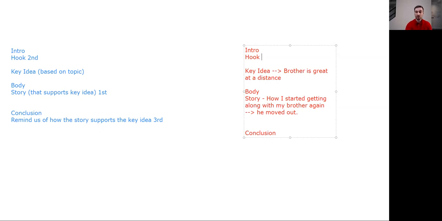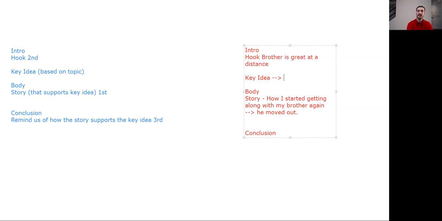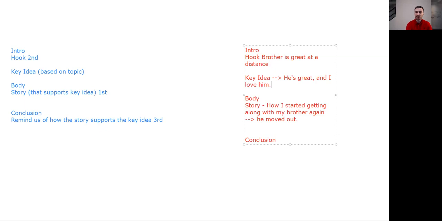And I could just use what we said right here, my brother is great at a distance. So in fact, I'm going to steal that and use it as the hook. And the key idea is that he's great and I love him. Oh, that's so cute. So then the conclusion is just going to be a restatement of these ideas where I say something like, once my brother left home, I really began to understand just how important he was in my life and how awesome